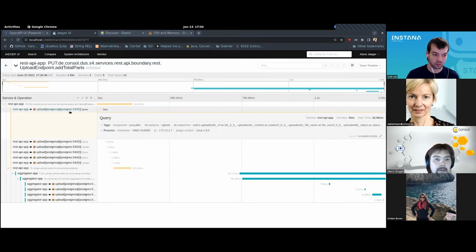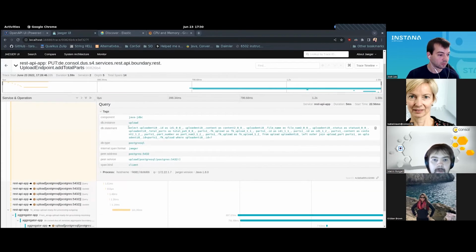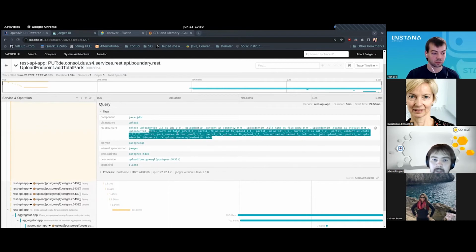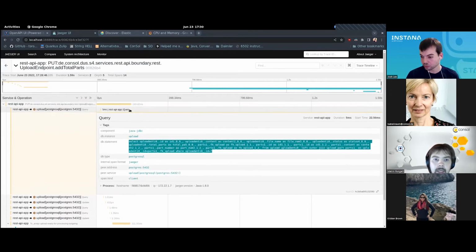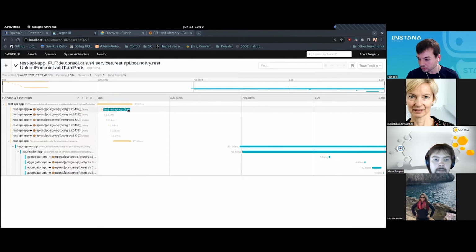And yes, we can. For example, we see right here, this request triggered a database query, and we are able to see the query right here. We don't see the parameters, but we see the exact query. And we actually see, okay, that's not one query, 2, 3, 4, 5, 6 queries, 2 queries, 1 update, 2 queries, 1 update. Then right here, we see a message has been sent out.